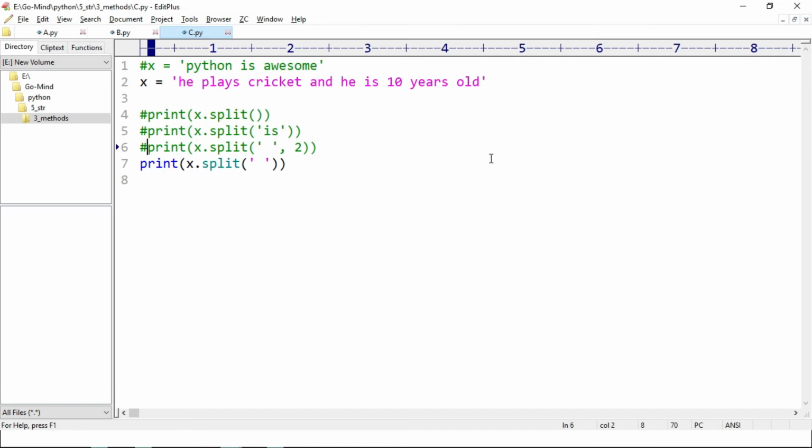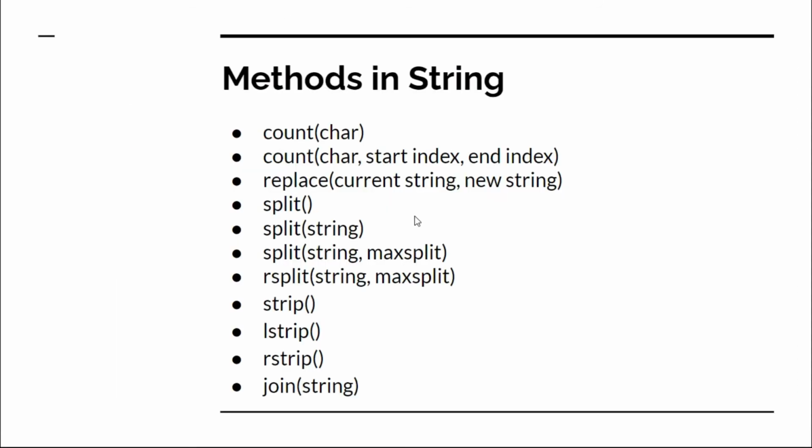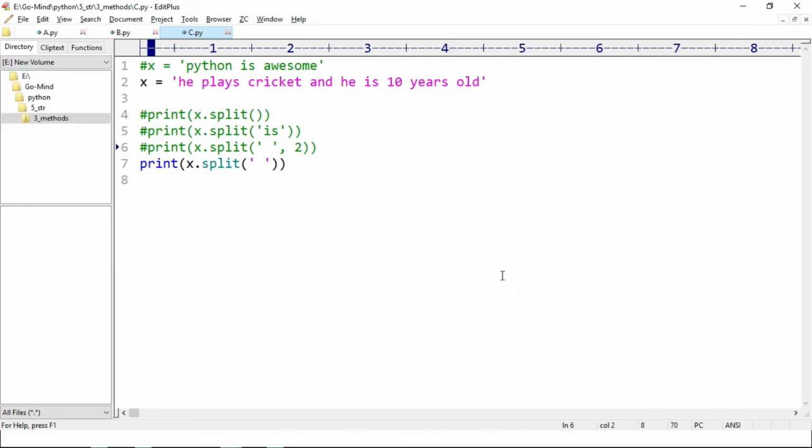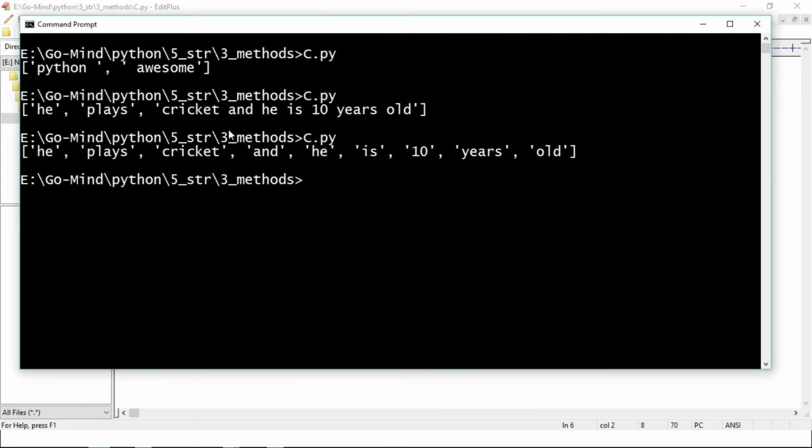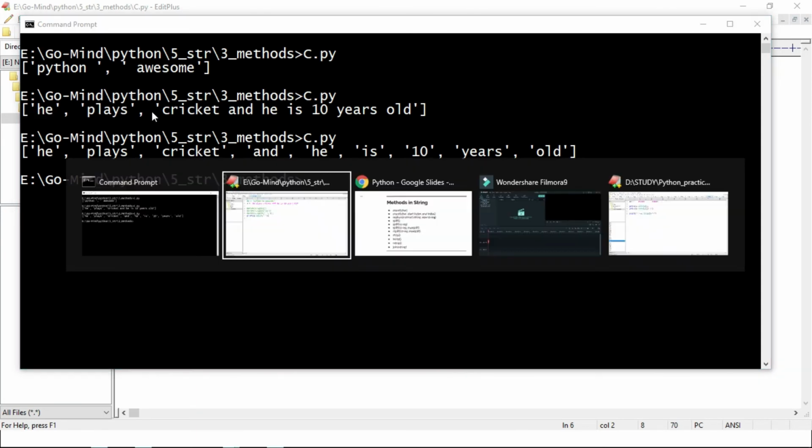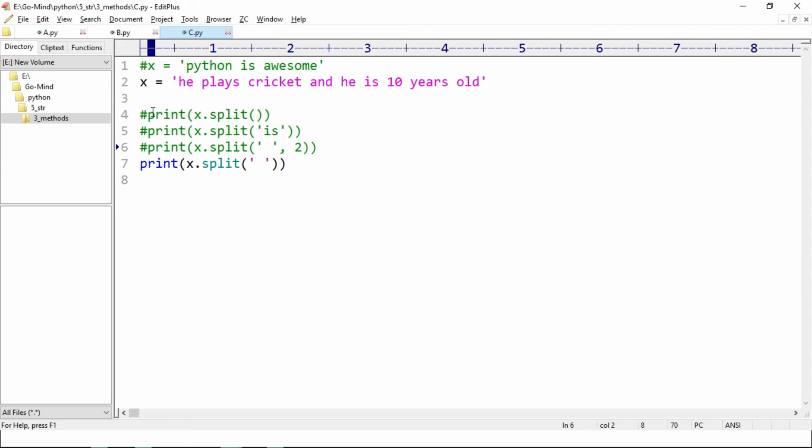And our next variant is rsplit. Okay, so we have seen that when we specify the max split as 2, then we get the 3 parts of the string, and notice the string is split starting from left. Okay, in rsplit the string splits from the right side. Okay, so let's see,